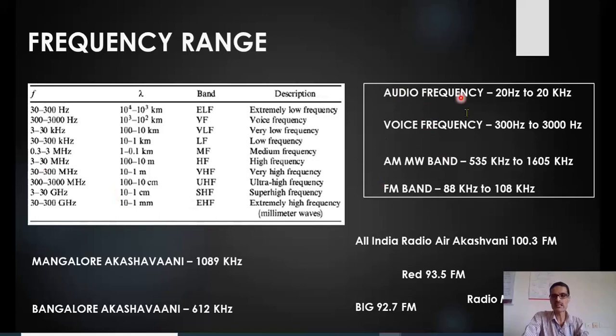Some important terms I listed over here. We call it audio frequency if the signal falls in this particular range of say 20 Hz to 20 kHz, all are in the audible range. We can hear it properly. The signals we can hear, or the signals we convert to message form that we can hear, are called audio frequency.